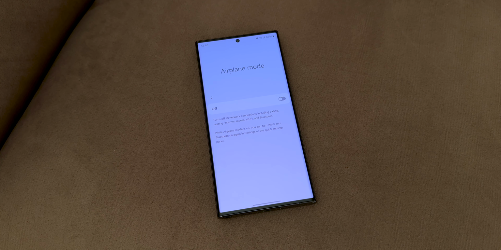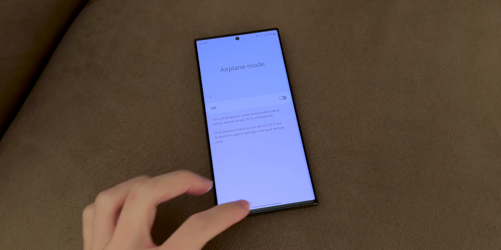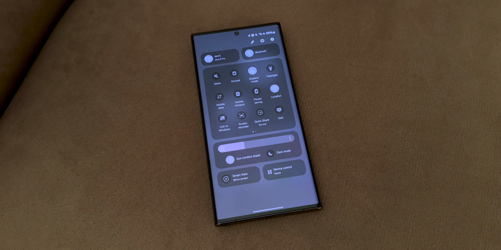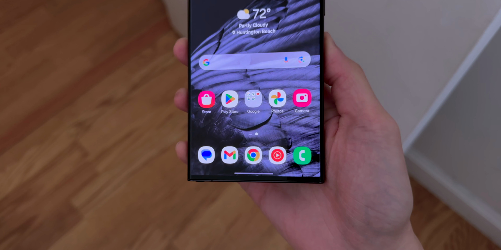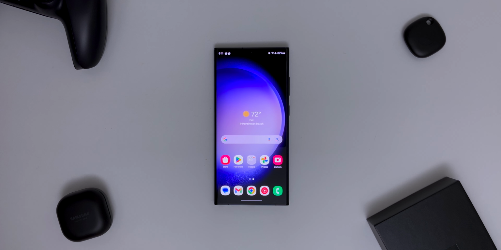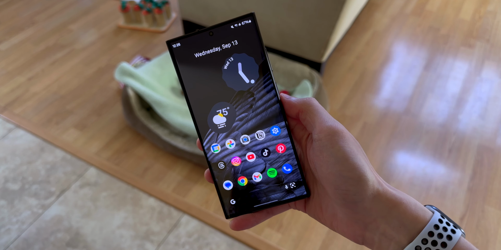Airplane mode now remembers the last saved setting for Wi-Fi and Bluetooth. You used to turn both of them off, but in One UI 6, if I turn on airplane mode, both connections will stay active. One thing I don't like is the larger size dock apps. I used to switch back and forth between One UI and Nova Launcher, but now I'm sticking with the latter.